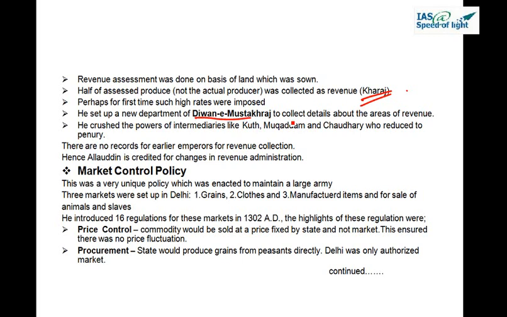Alauddin's measures to control the markets were one of the most important policy initiatives taken by Alauddin Khilji. Since Alauddin wanted to maintain a large army, he lowered and fixed the price of commodities of daily use. To control the prices, Alauddin set up three different markets for different communities in Delhi. These markets were the grain market, the cloth market,